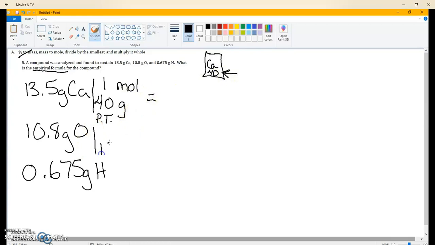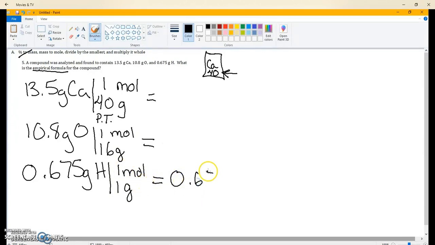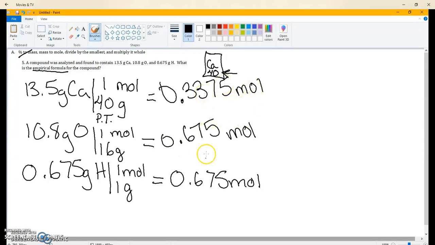Then oxygen, there are 16 grams in 1 mole of oxygen. And for hydrogen, there is 1 gram for every 1 mole. So hydrogen's easy, it's just the same thing. And then I do my calculations for the other two. Alright, so now I have my mole ratio. The next thing is I need to divide by the smallest. So now that I have my moles, I'm looking for the ratio between them. So I look for the smallest